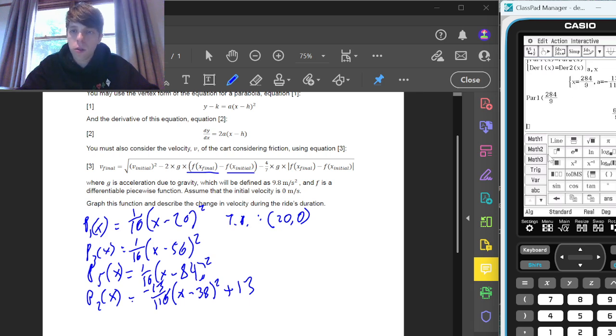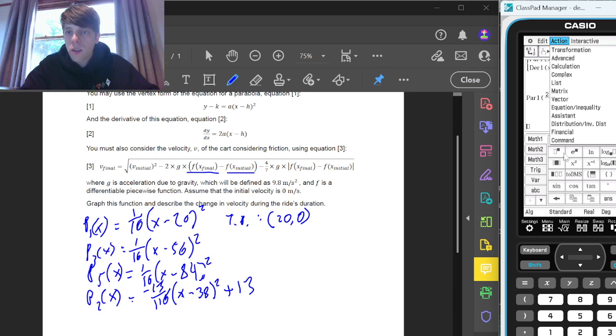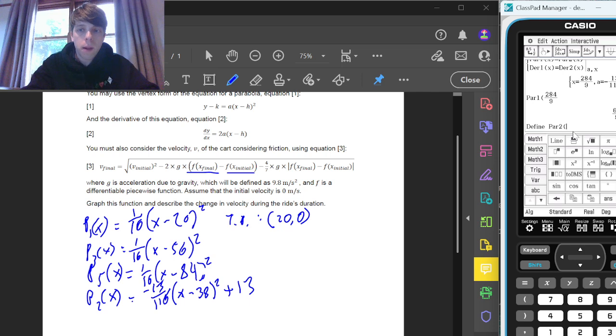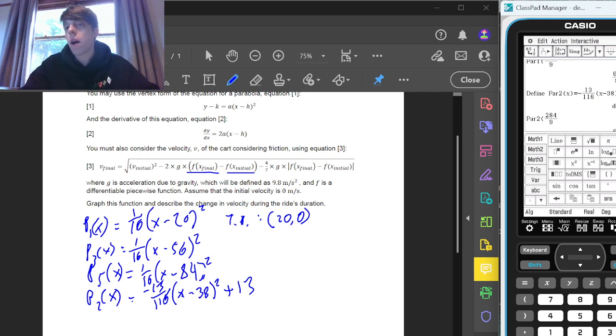So the equation for parabola 2, let's just define it. So we'll go action, commands, define. We're going to define parabola 2 as being equal to negative 13 over 116 times (x minus 38) squared plus 13. So if I was to type in parabola 2 with an input of this same x value, which our system of simultaneous equations spat out before, there we go. That gives us the same y value that parabola 1 gave us,